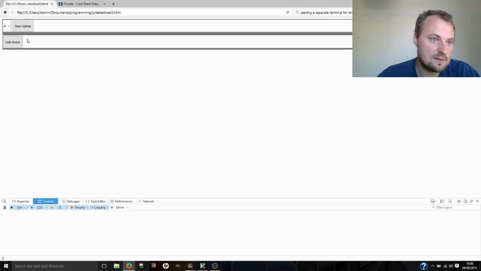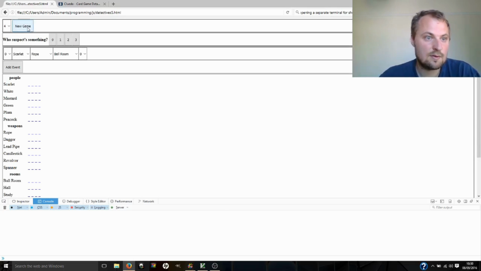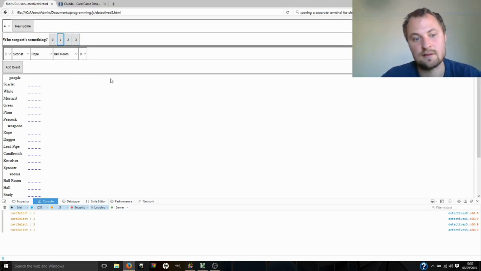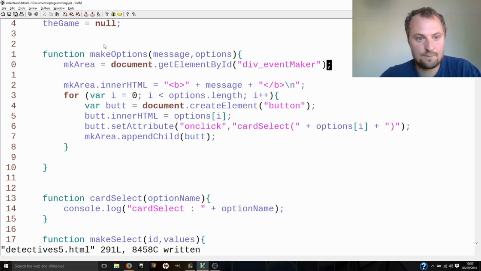Now when I refresh this and click new game, who suspects something? There we go. So we just got one click and then you should end up with the console log: card select 1, card select 2, card select 3, card select 1. Perfect. So the very act of suspecting something should change these buttons, but we'll